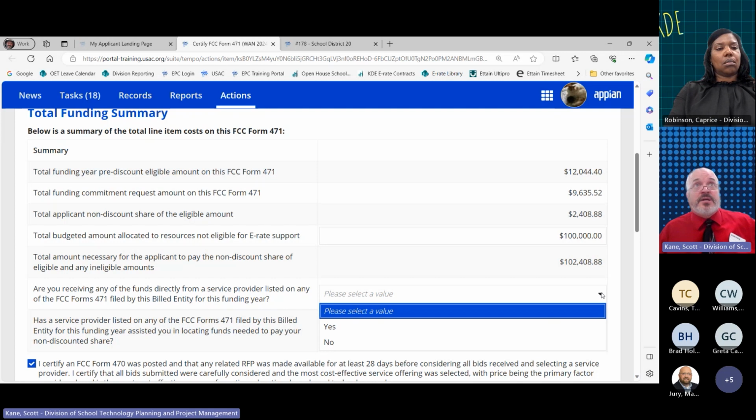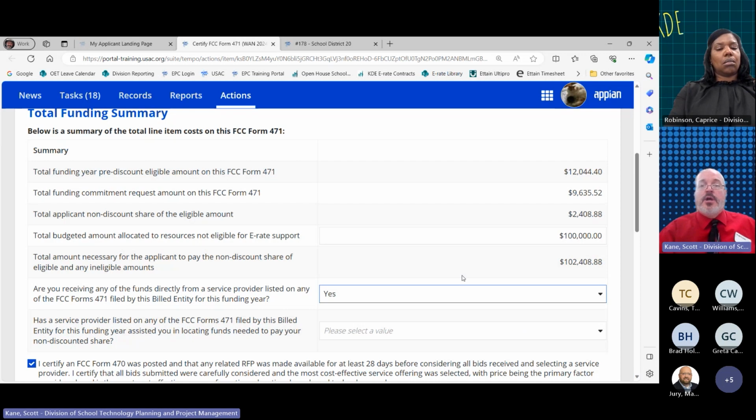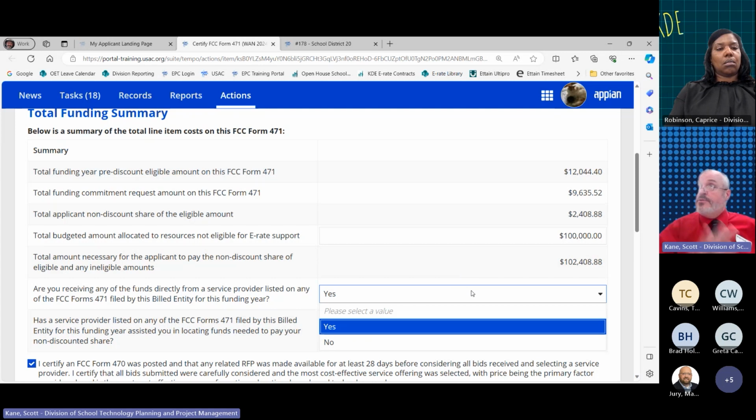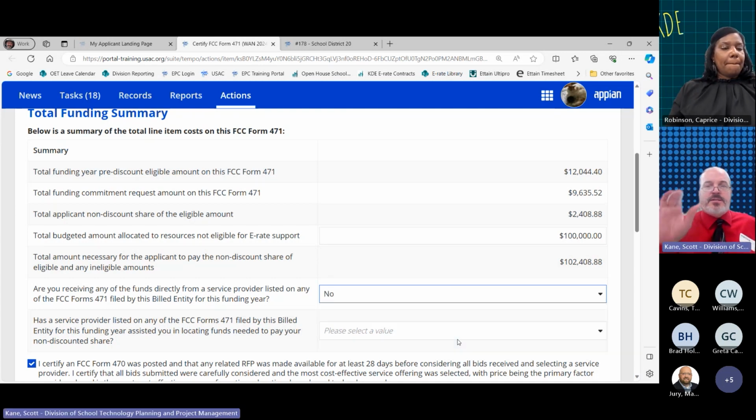That's a problem because that's a direct violation of the rules. If you click yes to this answer, you might as well just print it out, ball it up, and throw it in the trash because you ain't getting funds. It's just the way it is. Now, granted, I do want you to answer honestly and truthfully. So I'm not telling you should say no. I'm saying that if you are saying yes, you've got bigger problems. So answer it truthfully.